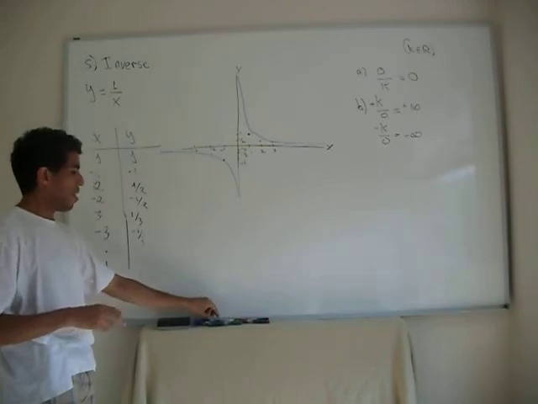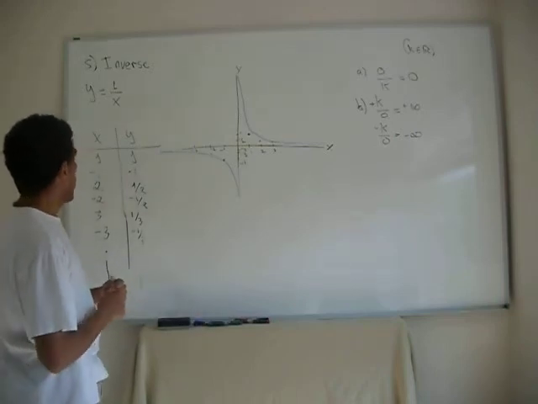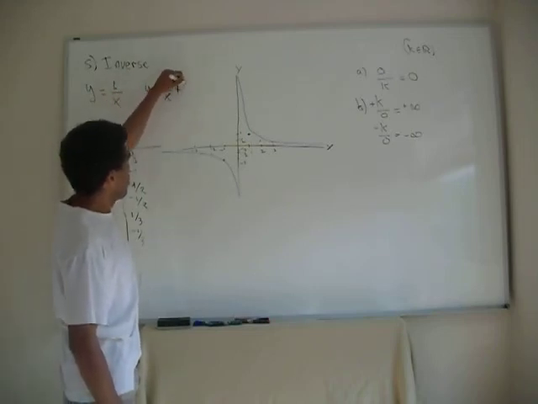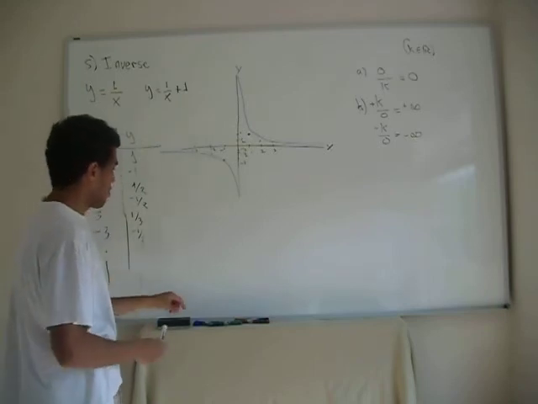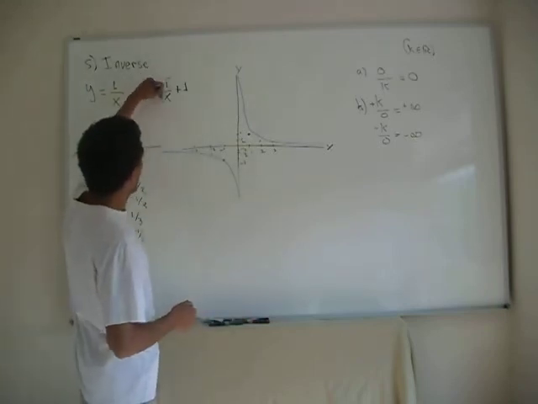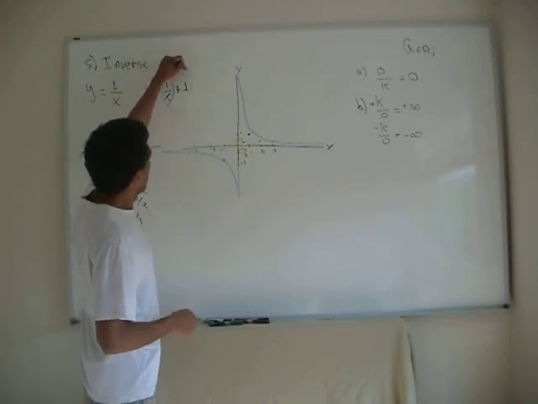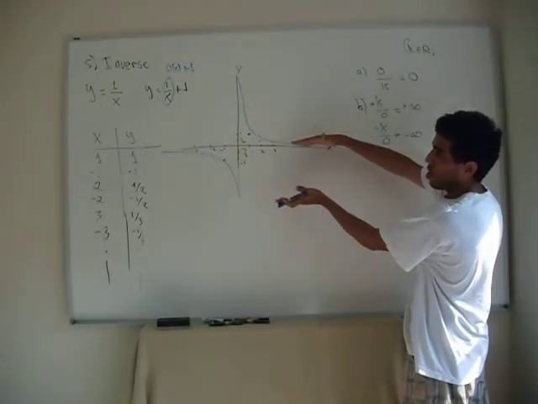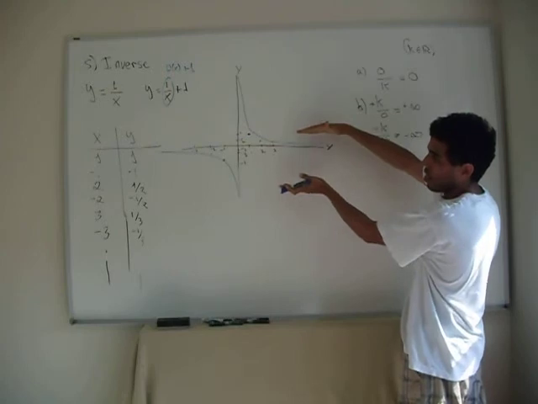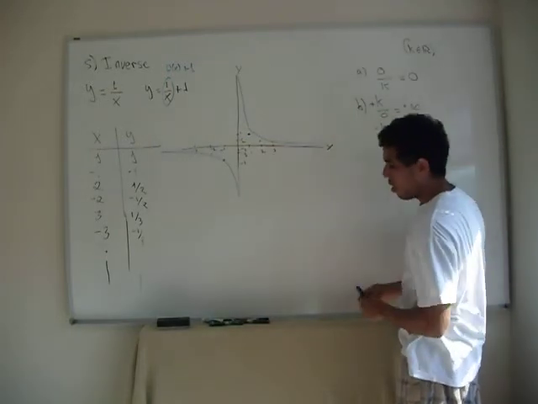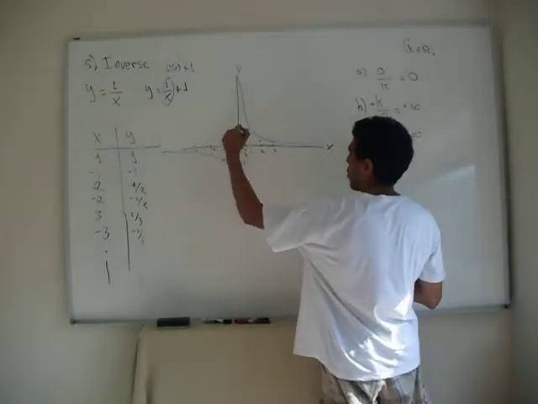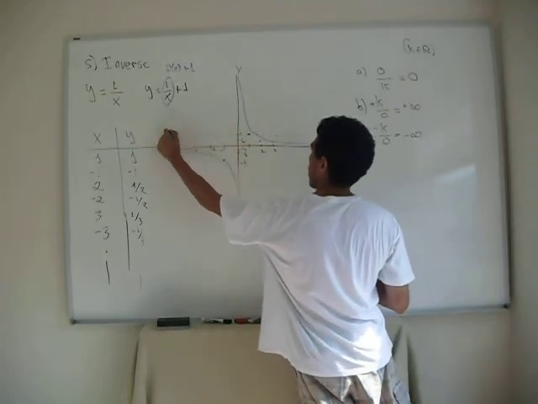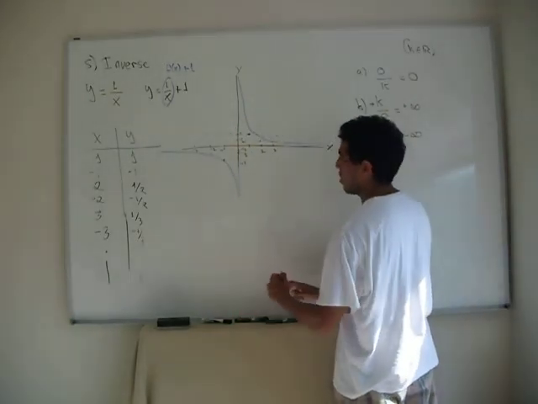Now, as you may imagine, I may be able to do a little tweaking with it. Okay? What happens if we have, say, y equals 1 over x plus 1? Well, as you can see, all I did right here is add 1 to the function. So all that 1 does is move the inverse chart one step up. All right? So if this is 1 right here, we're going to think of 1 as an imaginary x-axis. And the plot of the function is going to be exactly the same, but 1 step up,